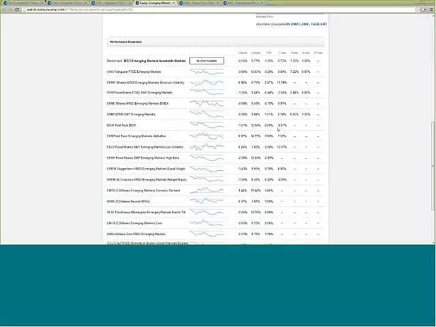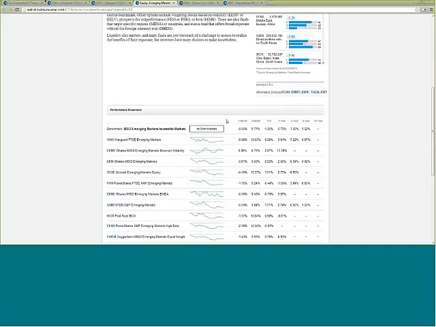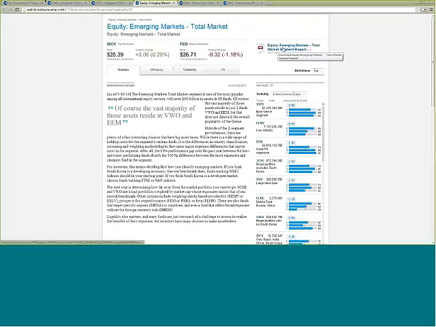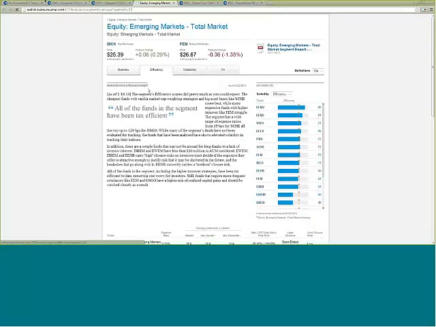As you scroll down, you've got performance history on all of the individual ETFs in the segment, dating back as far as they go. Once again, you can take this report and export it to a PDF so that you can view it offline or show it to a client. The efficiency section deals with the same thing it did in the individual fund report, but